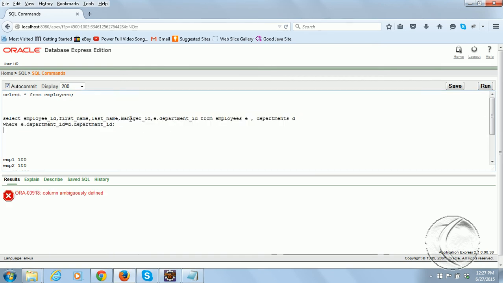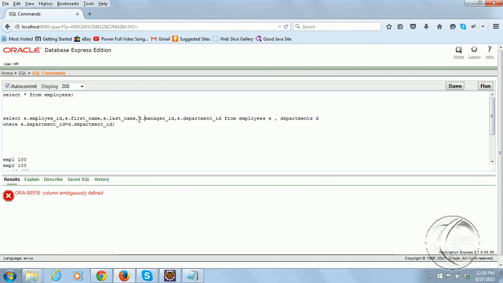Did I miss anywhere? Manager ID. I don't think there is a mistake. I will put an alias for everything, since I don't know which tables are having duplicates.